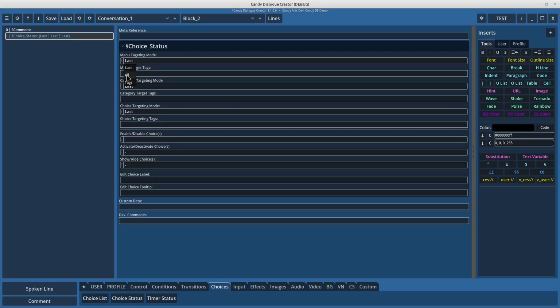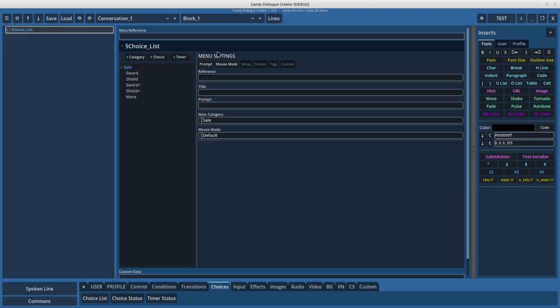Next, another option is all. And this means it's going to target choices inside all of the opened choice menus. And then you have tags. And this one is interesting. It allows very precise targeting. Let's go back to our choice list command and let's look at the menu settings. And here you have this button, tags. So click on it to enable it. And now you have this field here, menu tags. And in here,